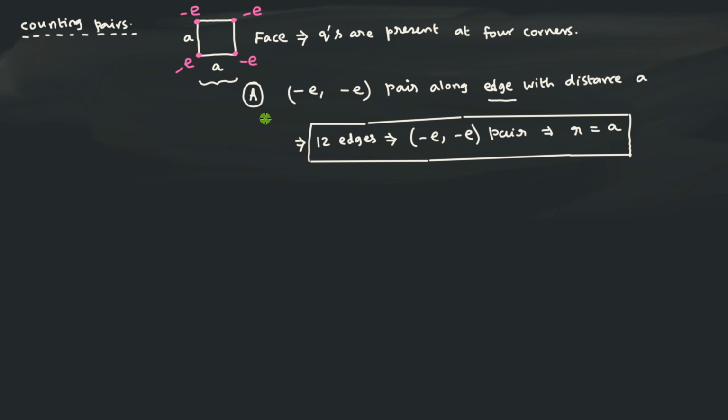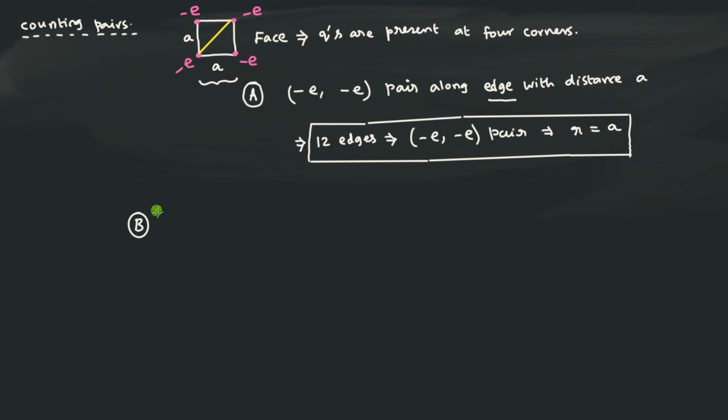Is this the only way? Can't you have any other option for the pairs? That is the question that you are asking. And then you understand that you can also form pairs in a different way. So what is the different option now is that you can consider the pair along the diagonal like this. See, I am now drawing the line. So in yellow color, I have drawn a line. Remember that this particular diagonal is drawn on the face, not the body. Body diagonal is different, face diagonal is different. Okay, face means the front face, the side face, etc. of the cube. And then you are going to connect them.